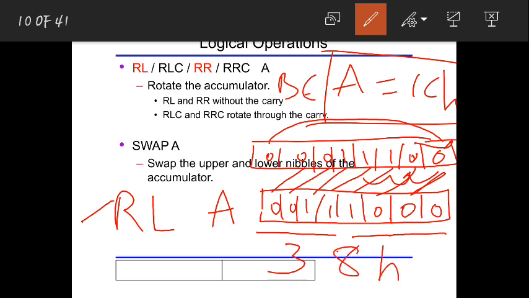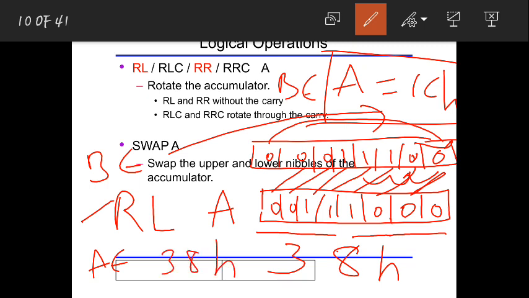So before execution A was equal to 1CH; after execution A is equal to 38H. If you use rotate left on this 1CH, then my result is 38H. In this way the rotate left operation works.